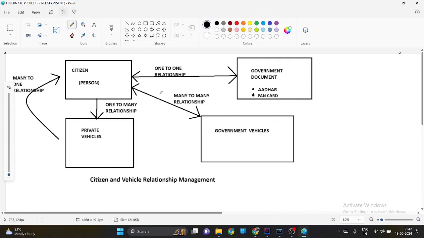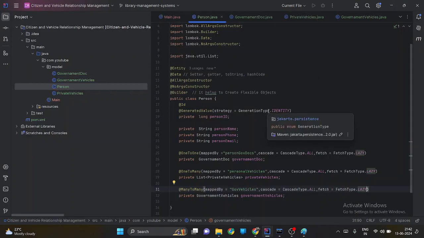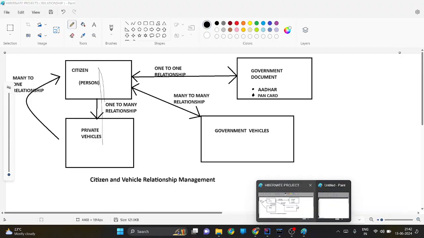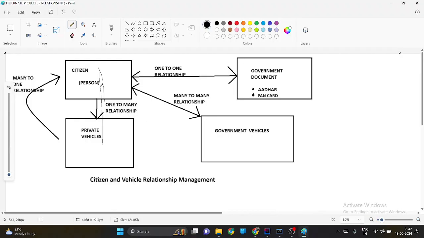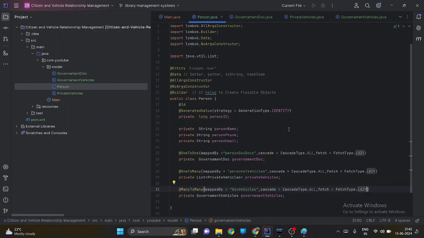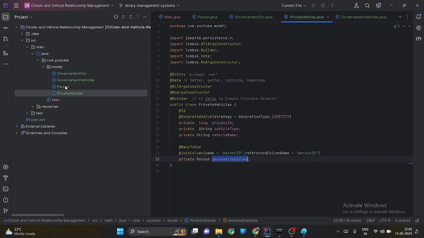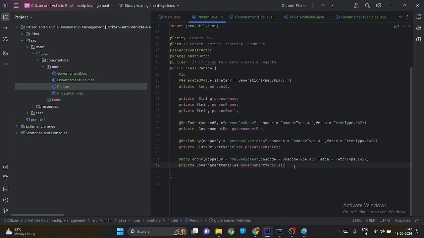Everything looks good. I have to map private vehicles to citizen. Before I map citizen to private, it was a one to many relationship. Now I have to do private vehicles to citizen, a many to one relationship. In this, how am I going to do private vehicle, like the first one here,